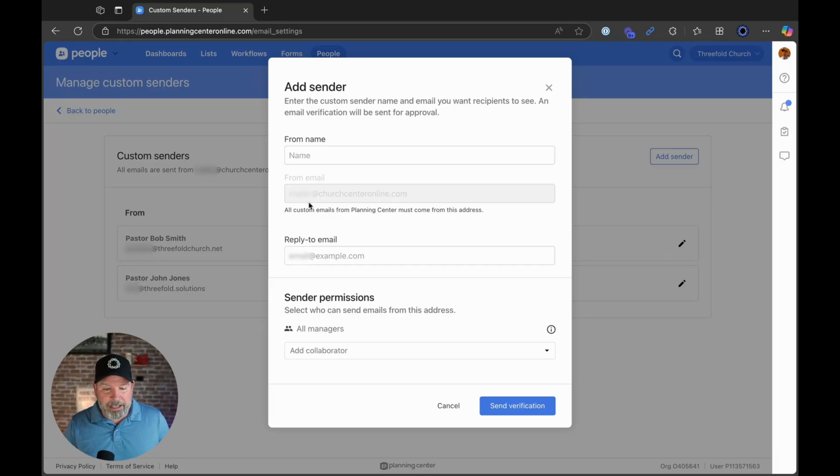mailer@churchcenteronline.com is the actual address that the email will be sent from. And then you'll see here that you can have the actual reply to email address, and that can be different. But the idea here is you might be sending on behalf of somebody, and you might want to use a different email address, like a catch-all, or even your own address, so that you can basically be the one to